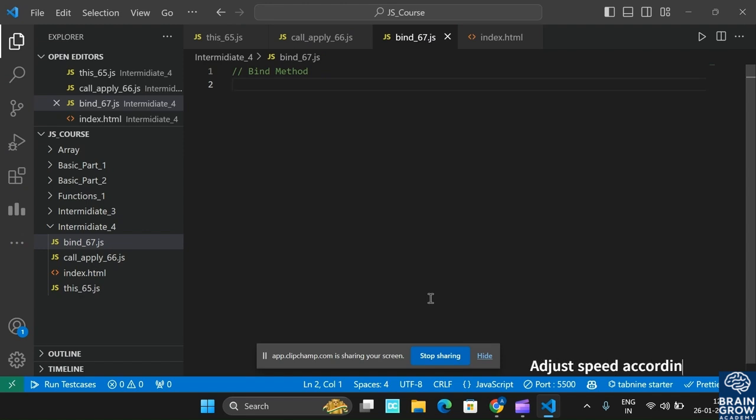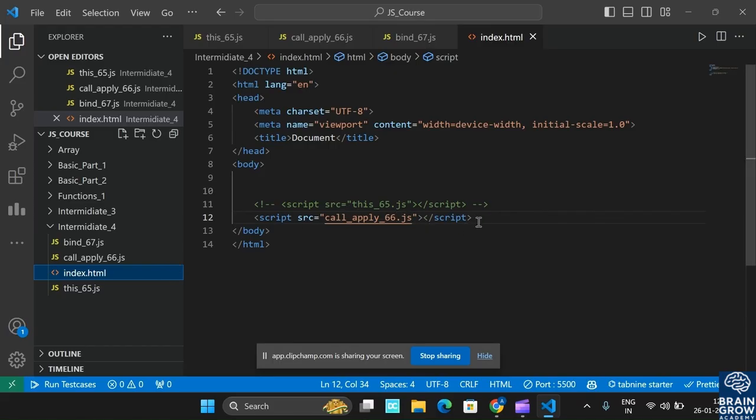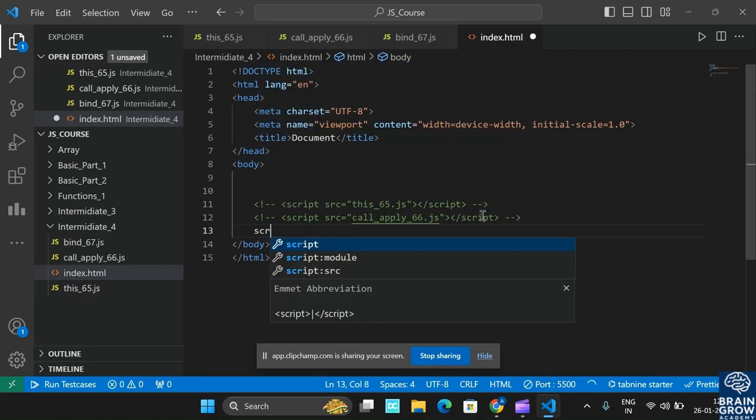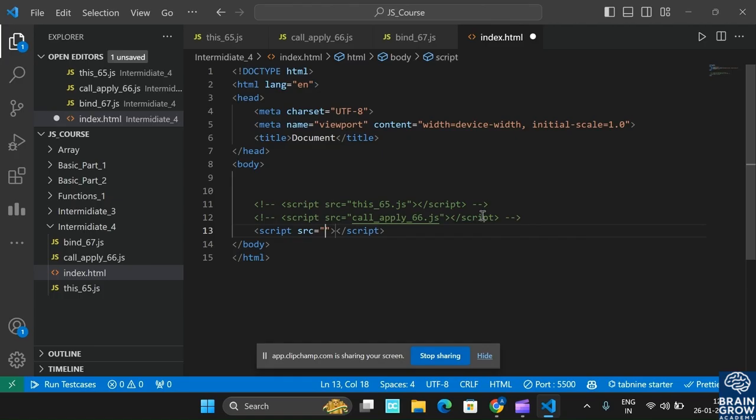Hello everyone. In this video we will learn about the bind method. In the previous video we already discussed the call and apply methods. So first of all, inside HTML5, let us attach this new bind file script using the script tag, here bind 67.js,